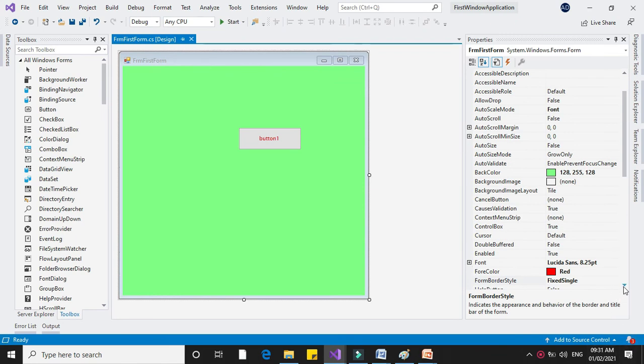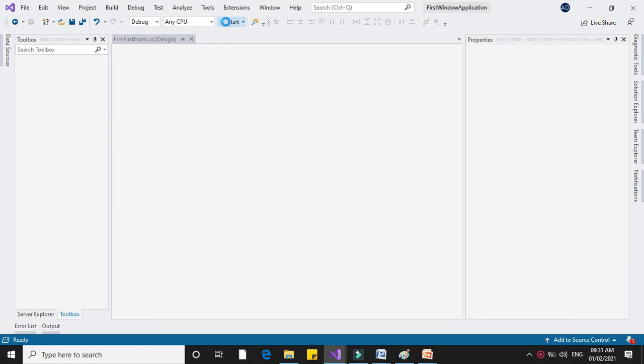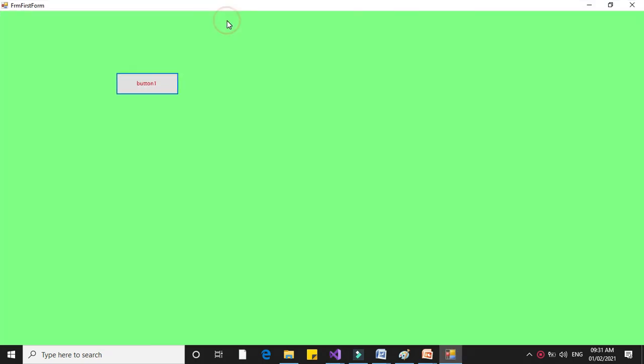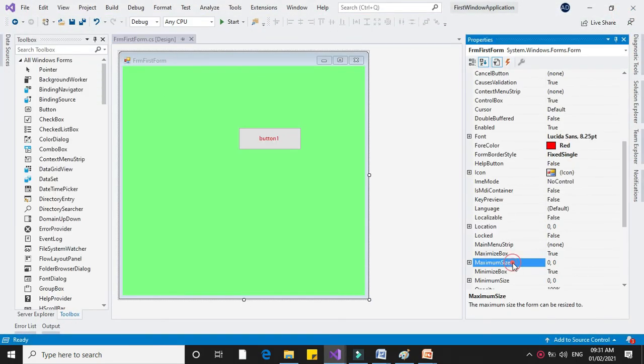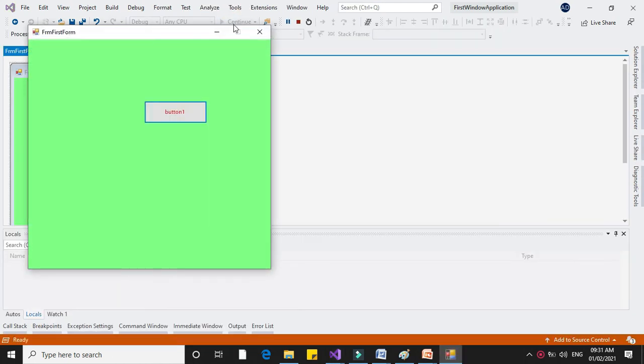Next is maximize box. If it is true and if you run this, the maximize button is displayed. You can set the form to maximum size. And if it is false and if you run it, the maximize button is disabled, so you can't maximize it.